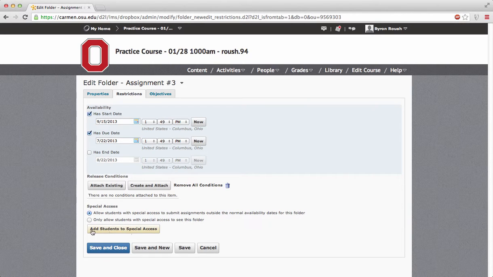But before I do that, I'll let you know that anytime Carmen has a tool that's time restricted, you'll see the student access link. So you'll see this on quizzes, Dropboxes, discussions. And that is in case you are working with students who receive extra time for quizzes or assignments, or people that you have granted extra time due to, perhaps obligations they have or some sort of illness, anything that's taken them out of the classroom. You can give those students a different deadline than everybody else. None of it is automatic, so you'll need to do this each time with each student. But if you click add,